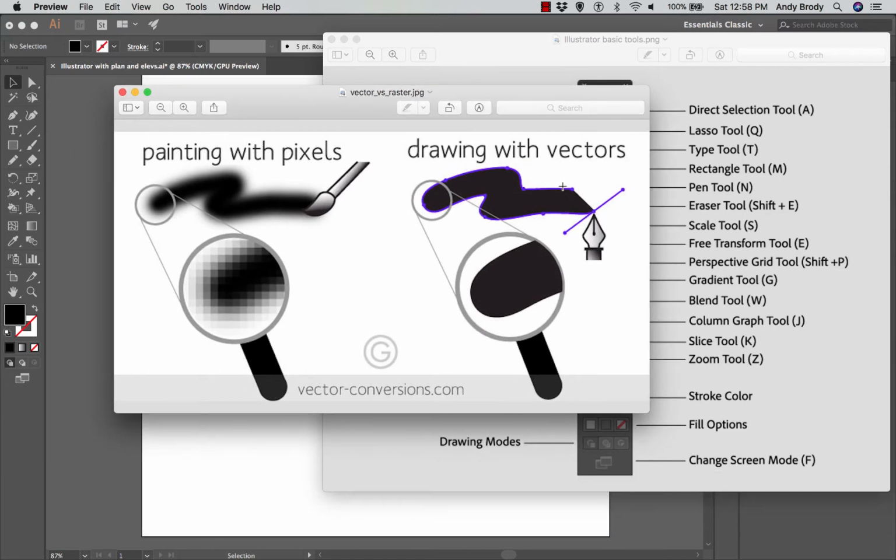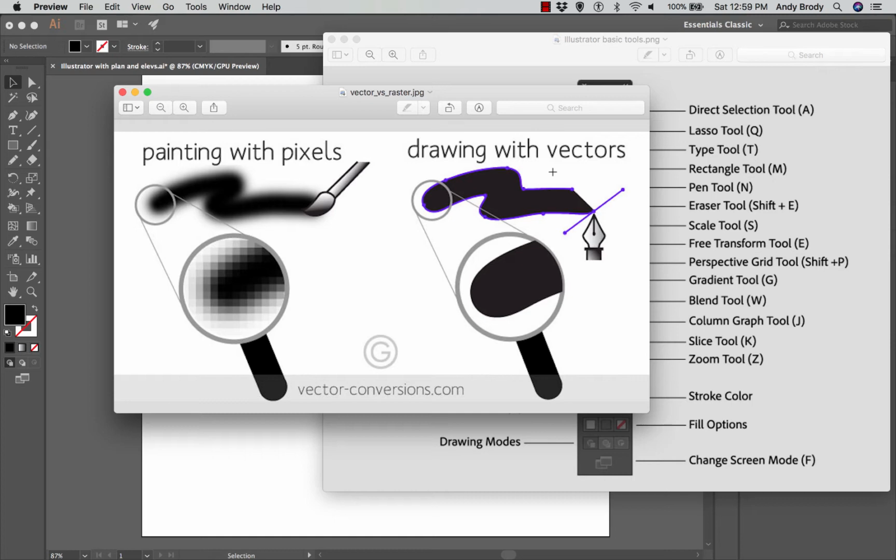Adobe Illustrator is what's called a vector drawing program. Basically, this means that lines are defined by itty-bitty little computer algorithms, a little bit of mathematical formulas, which means they can be scaled infinitely. So you can make a tiny little sketch on your phone, and it can be blown up to 100 feet